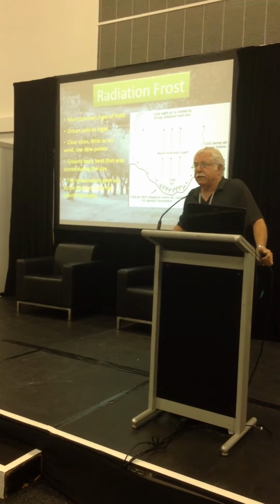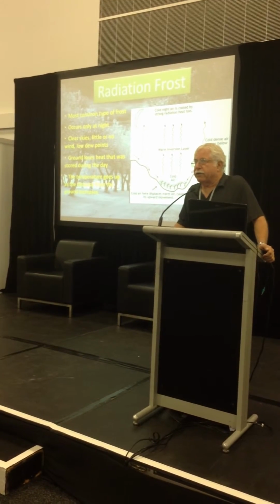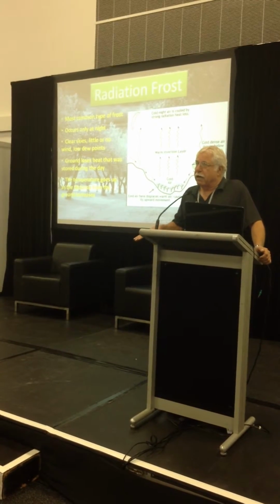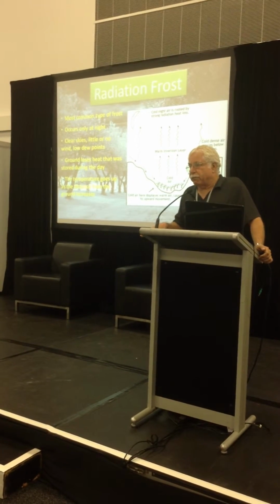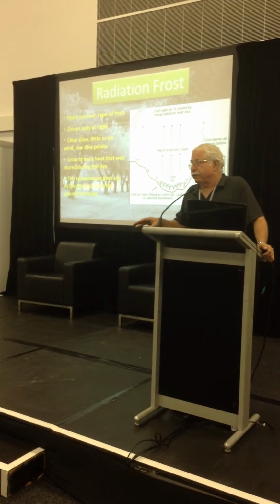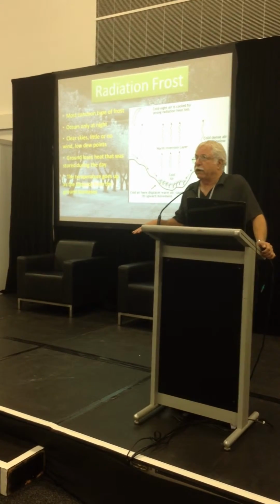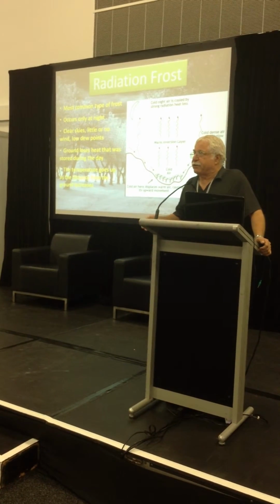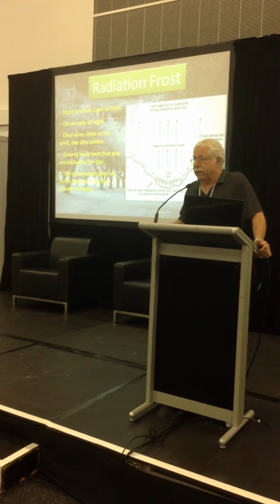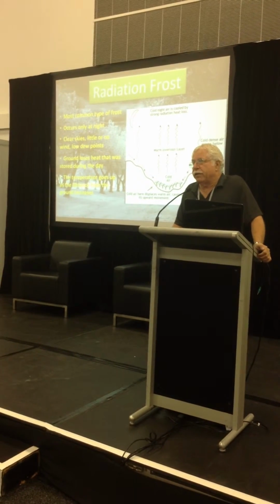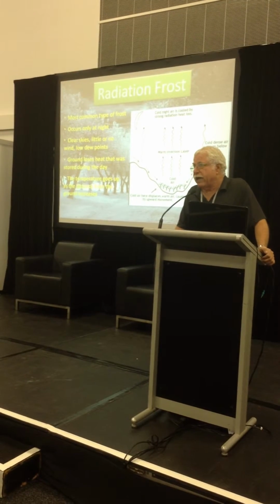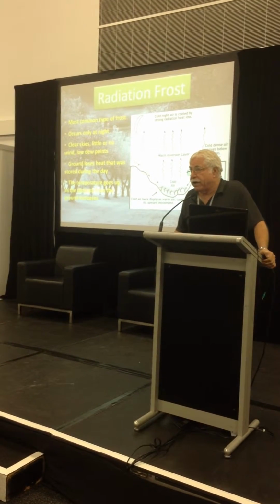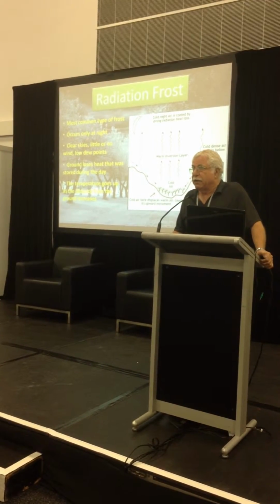But the ground absorbs heat during the day, and the ground gets warmer than the air. So when the sun goes down, hopefully, the ground is warmer than the air. But when the sun goes down and we start this radiation process, the ground loses heat faster than the air does. Some types of soil lose heat faster than others. Sandy, loose soil loses heat faster than hard-packed soil or dark soil or wet soil does. But when the ground temperature gets below the air temperature, now you are at risk for a radiation frost. Until the ground temperature gets colder than the air, you're not at risk for radiation frost because you haven't started